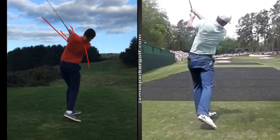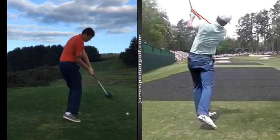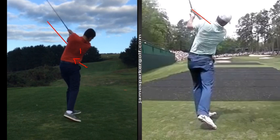Yeah, right there, look. So you can see how his arm is coming out this way. Your right arm comes up here too much. So that's what I mean by the hand path. If you keep your right arm connected to your torso more, get your hands exit, that will get your hands exiting more left. You'll see the club exit more left here, more underneath your left shoulder. It's not a million miles away. But don't forget your